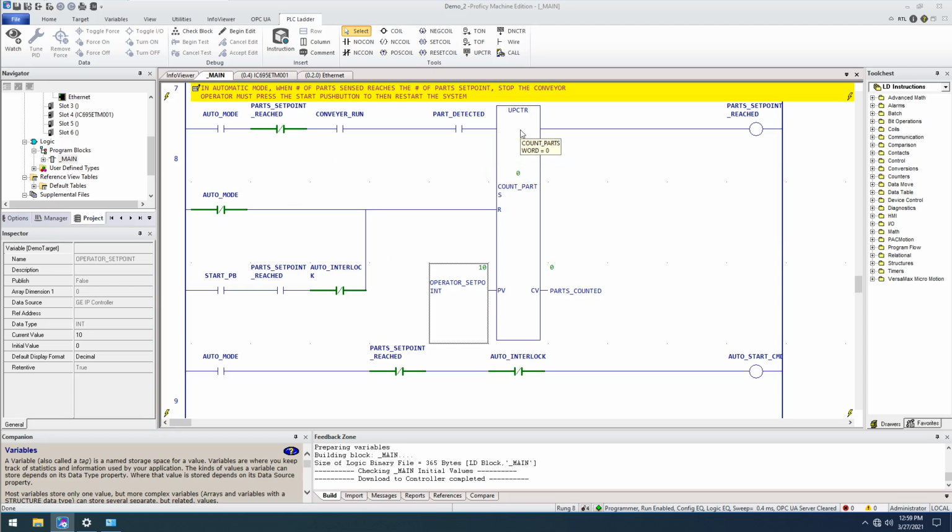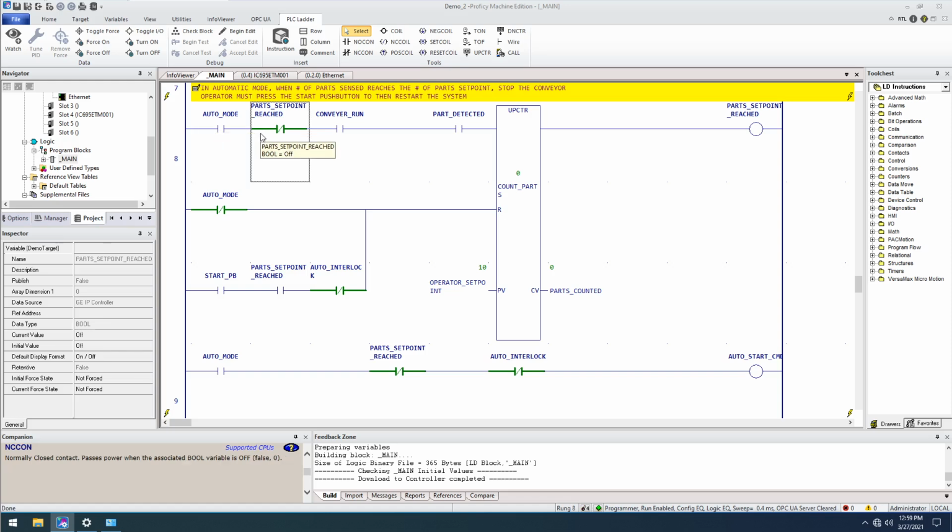So let's just take a look at our inputs first. When we're in auto mode and we have not reached our set point, which basically means we haven't reached 10 boxes, as long as the conveyor is running and we've detected a part, then we will increment our parts counted. Every single time there's a change in the part detected, which again is driven by that timer above in rung number 1. And if we count the number of boxes equal to 10, and that happens, then parts_set_point_reach